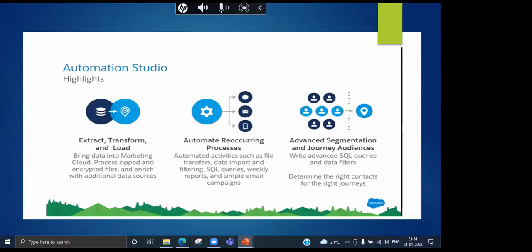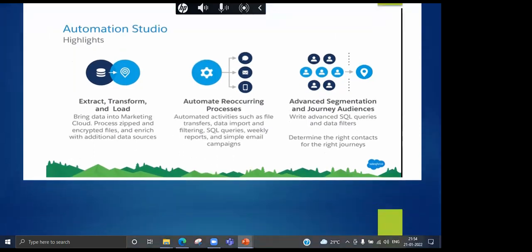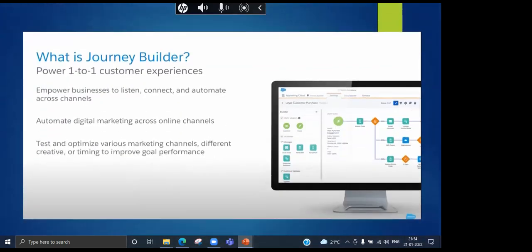Automation Studio in Marketing Cloud is an ETL platform, extract, transform, load platform. It will be used to segment our data and play with the data available so that we can utilize that segmented data for our marketing communication, for our journey. And what is a journey? If we have segmented the data and created the raw data for our communication using our ETL Automation Studio capabilities, then we can push our data to Journey Builder, and in Journey Builder we can define the workflows which I gave you a demo of earlier.